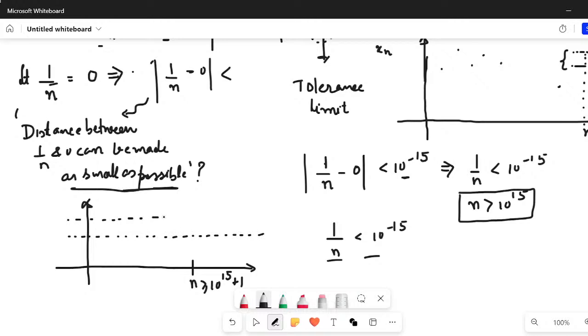मैंने अमित को एक एप्सिलॉन दिया था कि मैं ये मान लूंगा तुम्हारी बात कि 1/n 0 की तरफ कन्वर्ज कर रहा है. कब? जब 1/n और 0 का डिस्टेंस तुम किसी नंबर से छोटा बता पाओ. मैंने कहा अच्छा ठीक है, 1/n और 0 के बीच का डिस्टेंस मैं 10 की पावर -15 से छोटा बता पा रहा हूँ. बता पाऊंगा क्या? तो अमित ने कहा हाँ बता पाओगे, प्रोवाइडेड आप एक नेचुरल नंबर ले लो 10 की पावर 15 प्लस 1